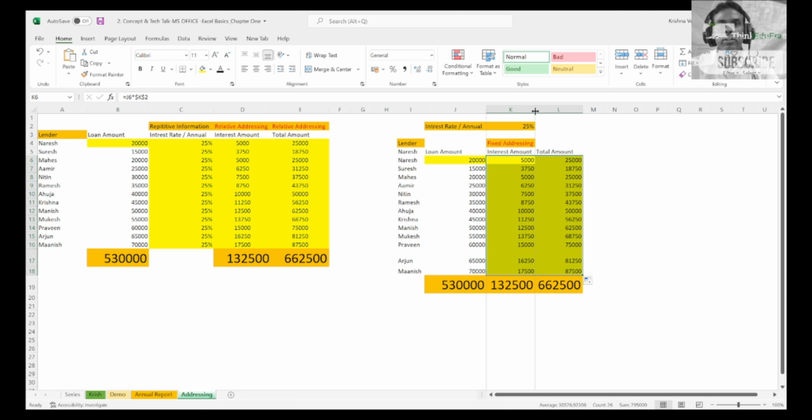Oh wow, it worked. What happened? It is giving me the same values. The loan amount was the same. Our interest amount is getting calculated the same in the first table and the second table, and the total amount is also getting calculated. But what is the difference in these two tables? I removed this column completely